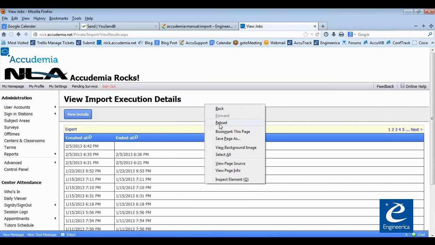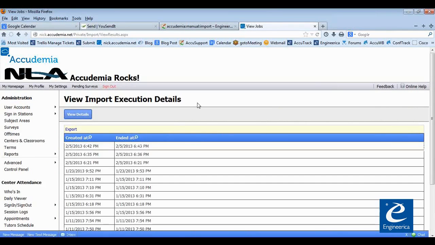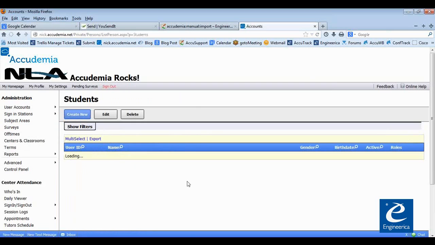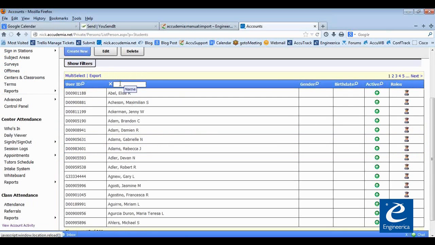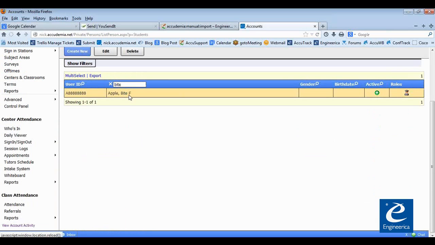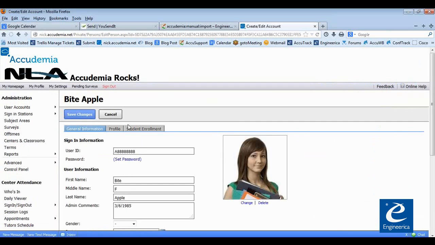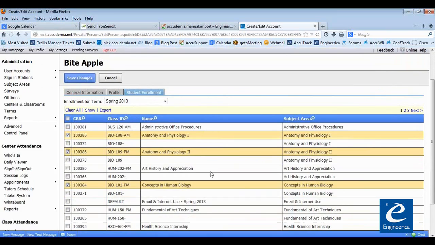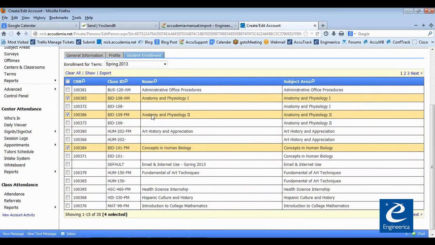And once we've seen, and I just refresh the page, you can do that through your browser. Now when we gave it enough time, it actually has this filled in that it ended, so we know that it's in there. So now if we go to the students, okay, so here's one. Alright, but out of all the courses that we have uploaded in here, she's actually got these enrolled, so